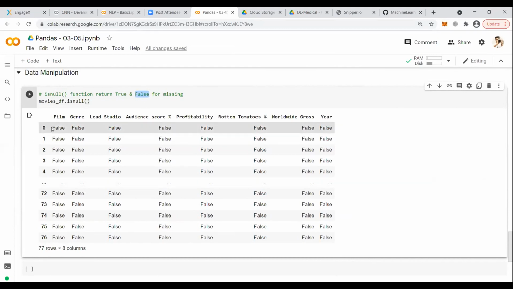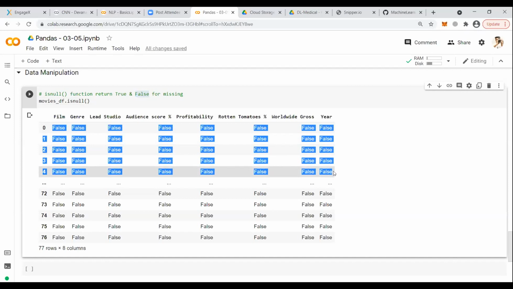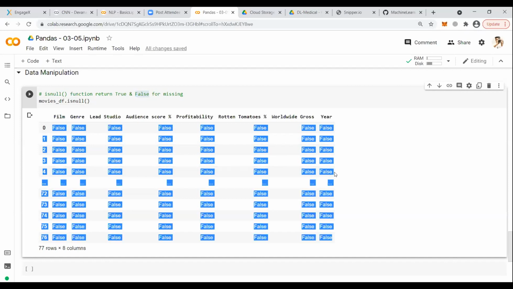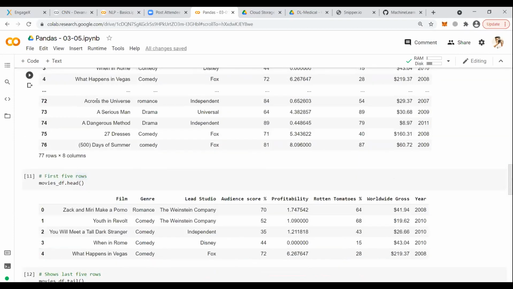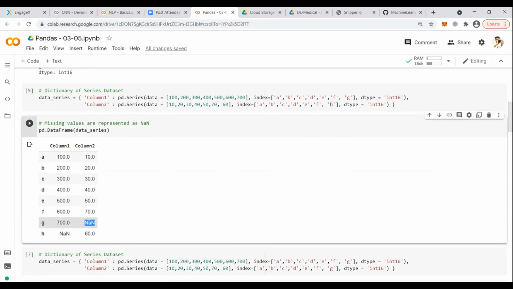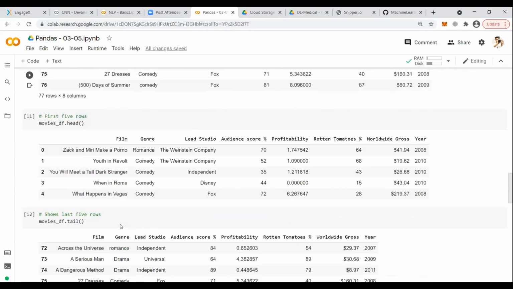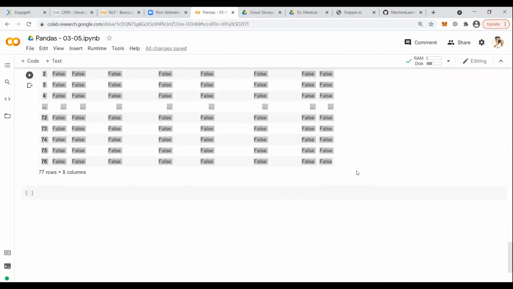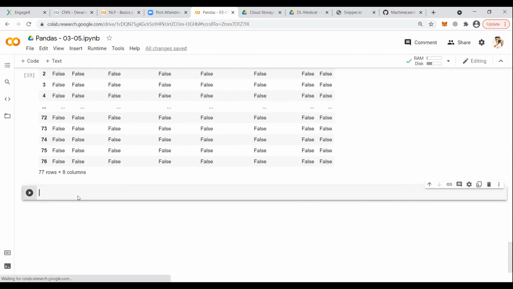So wherever you see all these false values, that means at that position there is no null value. Remember yesterday we talked about null or NaN. A lot we talked about NaN, right? So similarly, in the next section, we will carry forward the same equation.